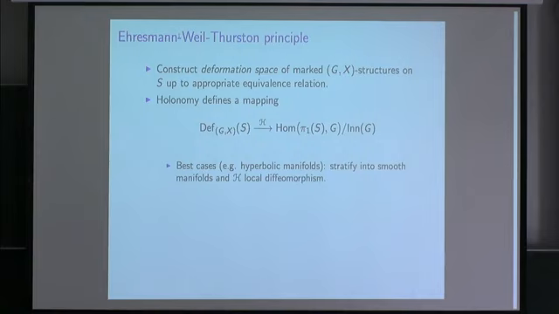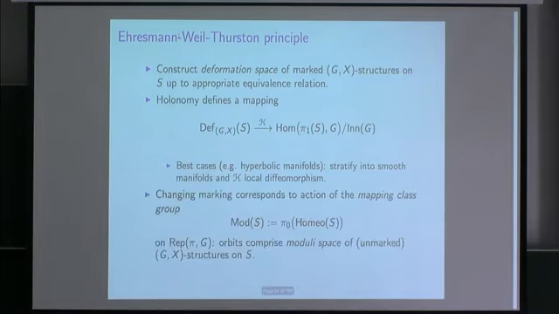The space of homomorphisms into G, if G is an algebraic matrix group, is a real algebraic set and stratifies into smooth manifolds. The action is algebraic, but the group is not compact and the action is not proper, and the quotient is generally non-Hausdorff. And all these facts are true for the deformation space of structures as well. And the fact that this map, once you put an appropriate topology on this space, is a local diffeomorphism or a local homeomorphism in certain cases was first observed by Thurston in the late 70s.